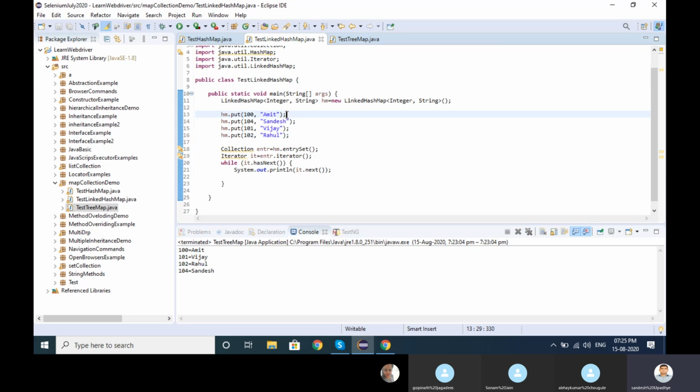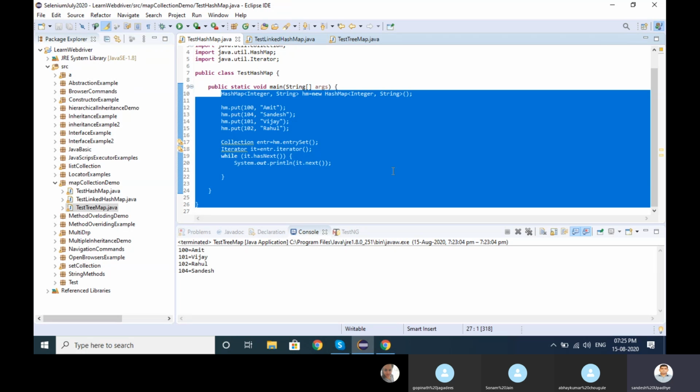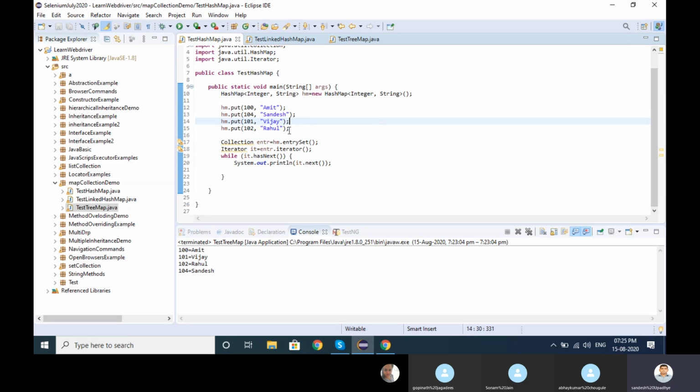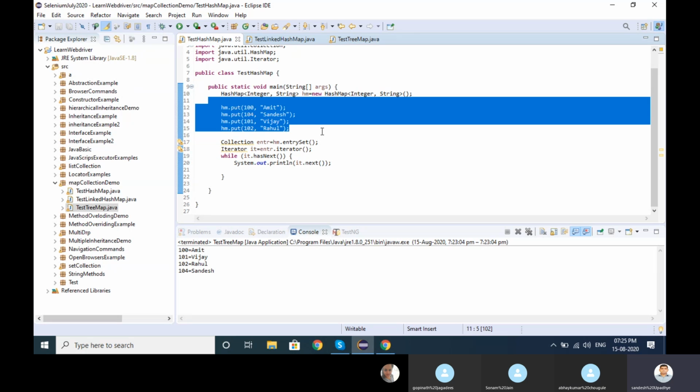If I insert something in between Amit and Sandesh, that will be printed as insertion order. And hash map takes its own order. There is no order. They have some logic in the background, I think, but while adding elements, they are taking their own order. So it maintains no order. Okay, yeah, got it, Sandesh.